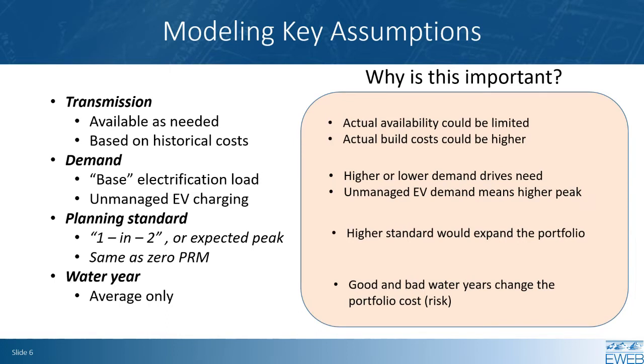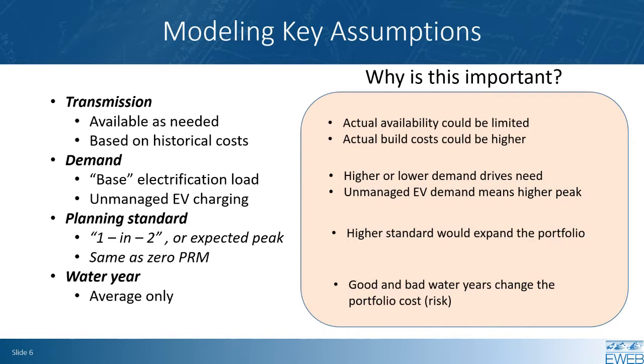So transmission in this case is especially important because, as you'll see when Ben starts to go through the portfolio slides, there's a lot of material reliance on Northeast Oregon wind resources and Wyoming resources. As time progresses, we'll be able to better understand the true availability and the cost of the transmission as we get better information, and we may adjust our analysis.